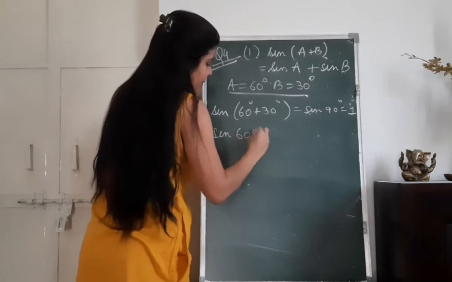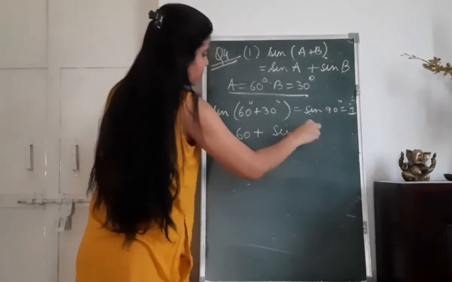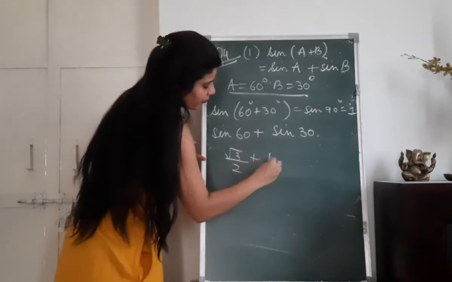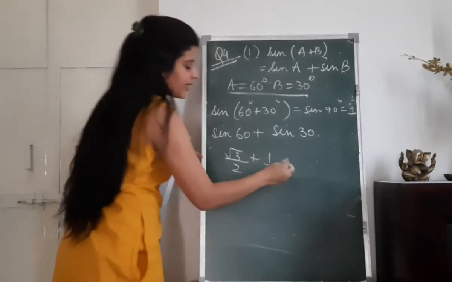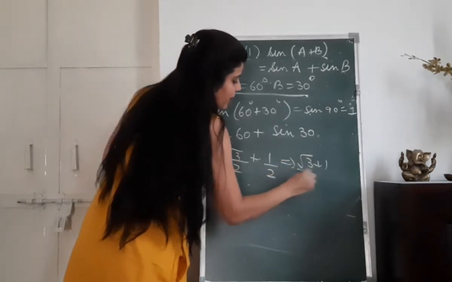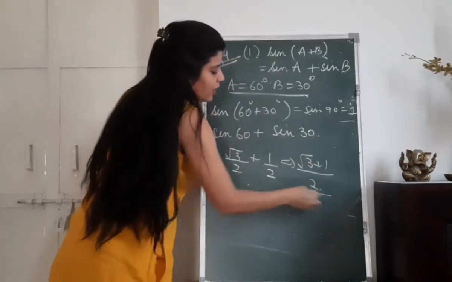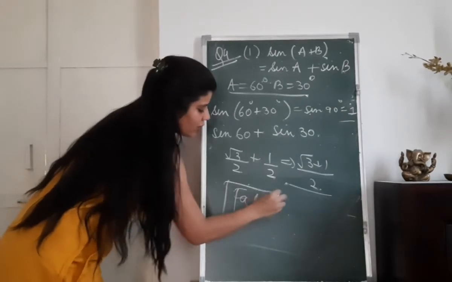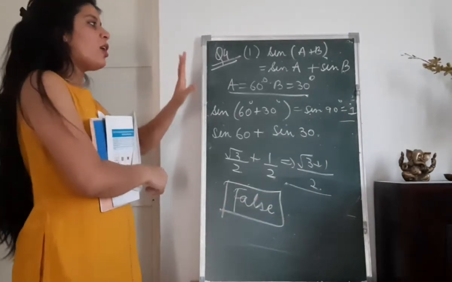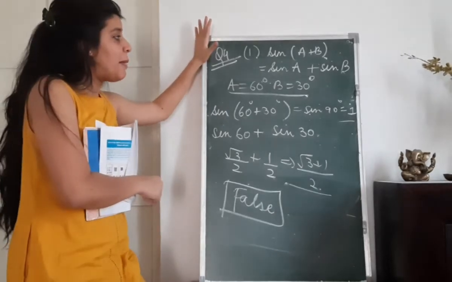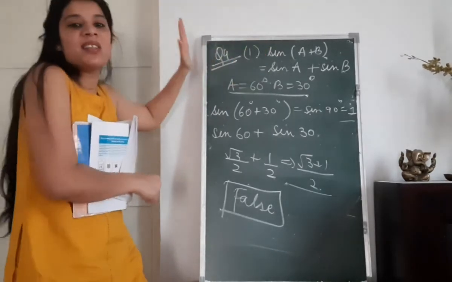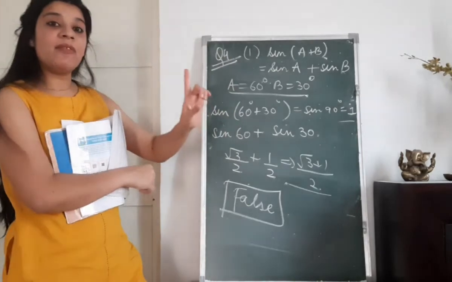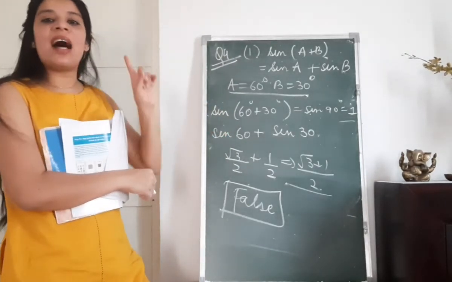However, sin 60 plus sin 30 degree. Sin 60 is what? Root 3 by 2. And sin 30 is what? 1 by 2. That gives me this as equal to root 3 plus 1 by 2. Is this and this equal? No, these are not equal. Therefore, clearly this statement is false. Okay? A very important question. Remember, for example, if you have chosen the value of A and B as some different value, and by solving it, the first time you get that statement as true, then do not write your answer as true.